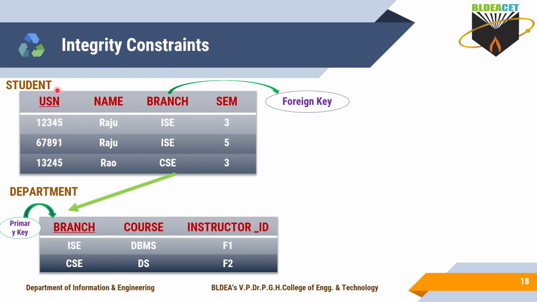So in which table you have the foreign key, that table we call what? Dependent table. This is the dependent table, and this dependent table depends on the parent table. Which is your parent table? The one which contains the primary key. The table containing the primary key we call the parent table, and the table containing the foreign key we call the dependent table. The student table is the dependent table and the department table is the parent table. It contains the primary key.